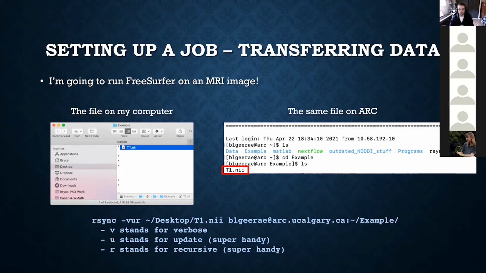So it allows you to recover from failed transfers or partial copies of data, that kind of thing. Very, very handy. And this R flag lastly stands for recursive, which lets you